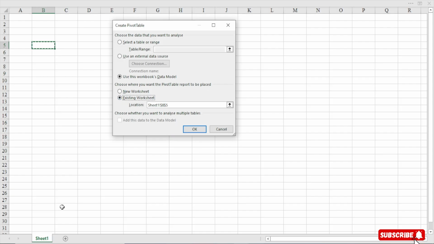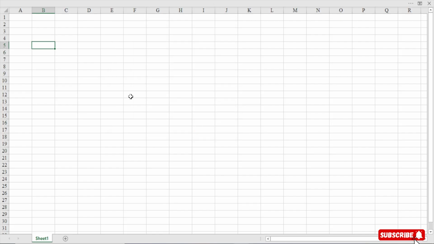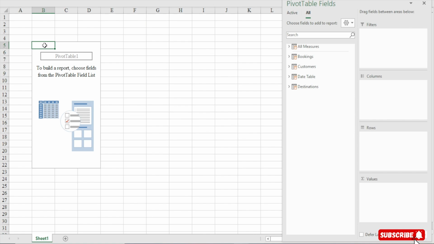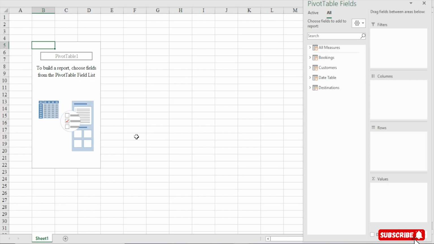We have existing worksheet, that's Sheet1, so it will be placed here. Then use this workbook's data model. Perfect. So we click OK, and this is the pivot table that we have, and this is all the tables that we have in our data. Perfect. All right. So now since we have all our data, all our tables and the columns, everything cleaned,